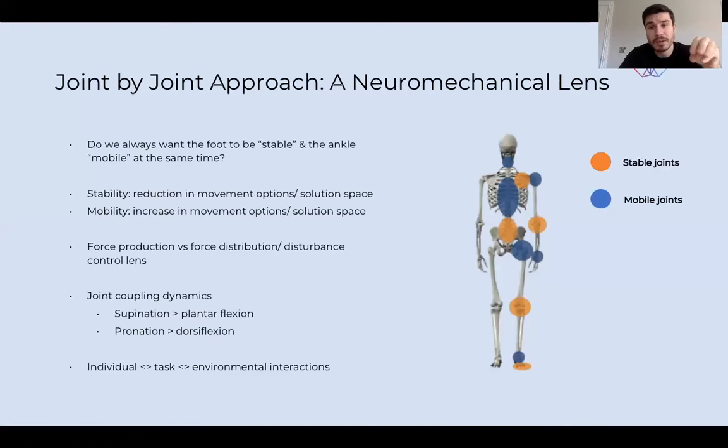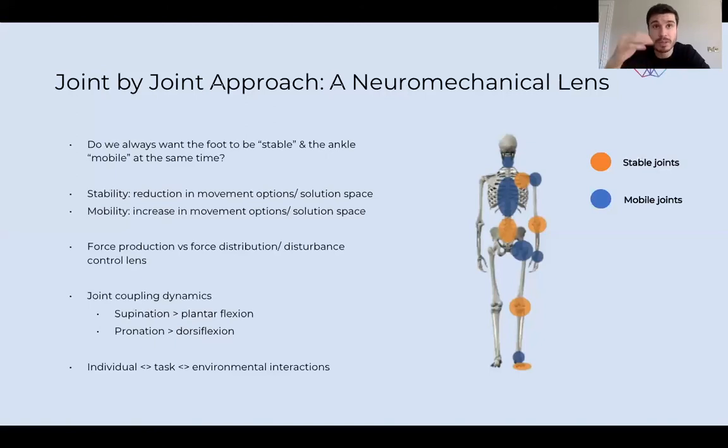But the issue here is that we also need to appreciate what kind of task this foot and ankle behavior helps us with. And the answer here is more force production behavior and overcoming external forces. Because again, we get that supination, that plantar flexion, to overcome the external forces of the external environment, and that's completely fine. But those local behaviors of the foot and the ankle might not be helpful during tasks that